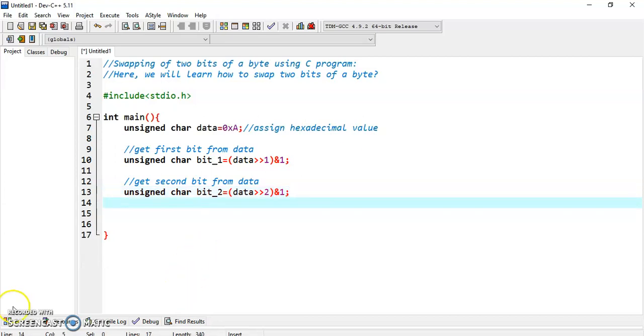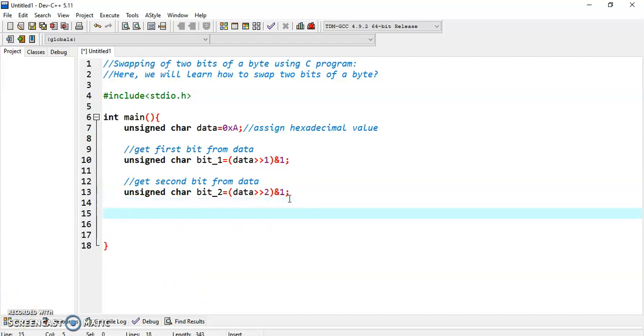Now here we will perform bitwise XOR between bit1 and bit2. So first I will tell you what is bitwise XOR. The bitwise XOR in C takes two numbers as operands and does XOR on every bit of the two numbers, like here bit1 and bit2.